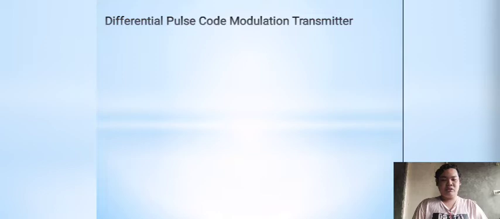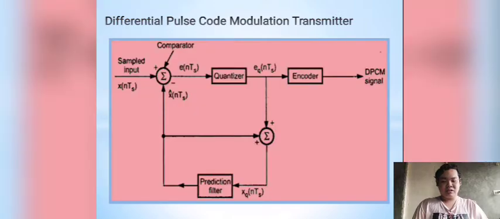Differential pulse code modulation transmitter. The figure shows the DPCM transmitter. The transmitter consists of a comparator, prediction filter, and an encoder. The sampled signal is denoted by x(nTs), and the predicted signal is indicated by x'(nTs). The comparator finds out the difference between the actual sample value